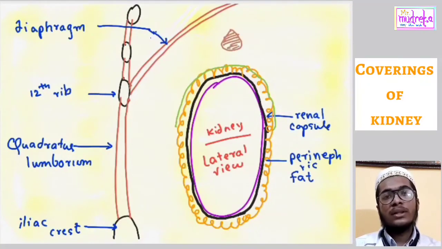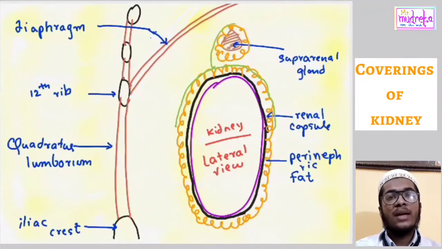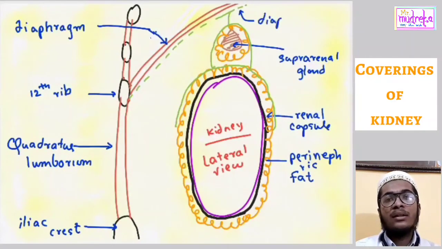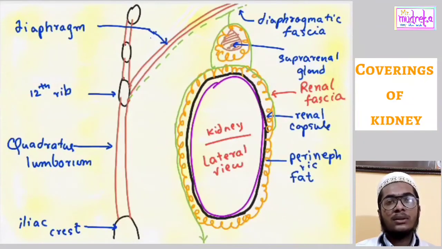Now the extensions of the renal fascia. Superiorly, the two layers first enclose the suprarenal gland in a separate compartment, as you see, and then fuse with each other and become continuous with the diaphragmatic fascia. Inferiorly, these two layers remain separate and enclose the ureter. The anterior layer is gradually lost in the extraperitoneal tissue of the iliac fossa, while the posterior layer blends with the fascia iliaca. Laterally, the two layers unite firmly and become continuous with the fascia transversalis.